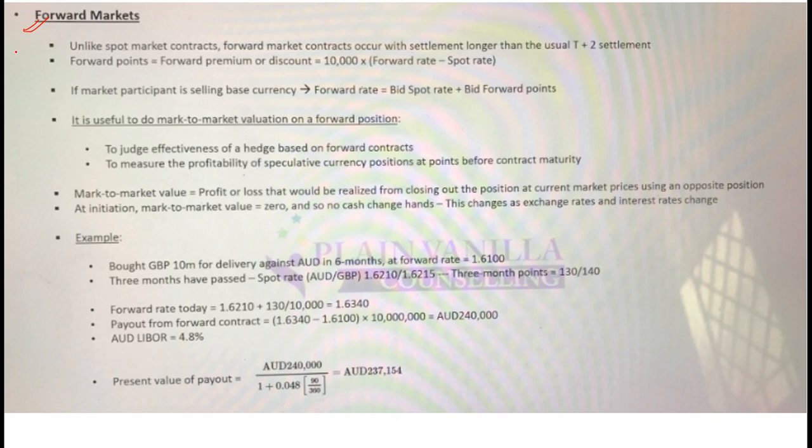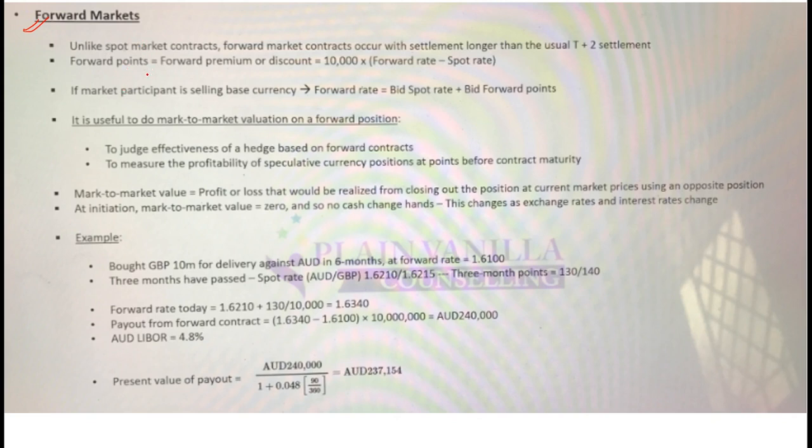That is the market for forward contracts. What is a forward contract? A forward contract is a contract in which you lock in a rate for the future. That is, if instead of buying today, I lock a rate for the future, after 1 month, 2 months or whatever, that is a forward rate. The market for that forward contract is known as the forward market.